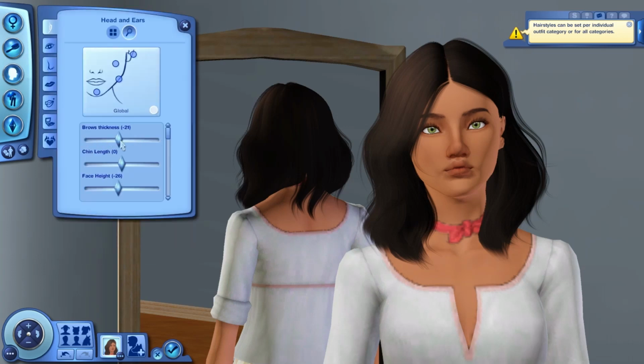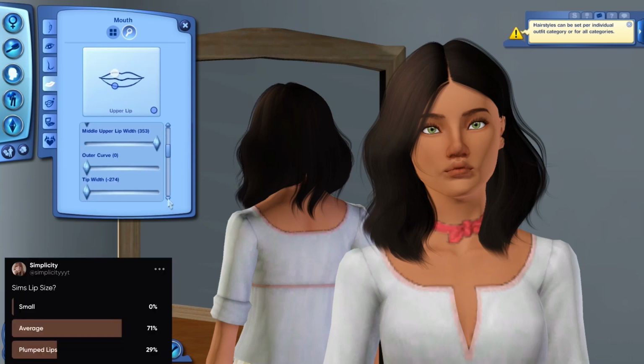So I had a little bit of a better idea of what I wanted this time around, because my game decided to crash after hours when it came to the very first one. So here you're just seeing that I'm going in and just adjusting her facial features a little bit. There was another poll as well that I didn't include, but it was just like type of sim, and it just ended up being human. So I was like, okay, I'm just gonna leave it. If it was like a supernatural, I would have added something.